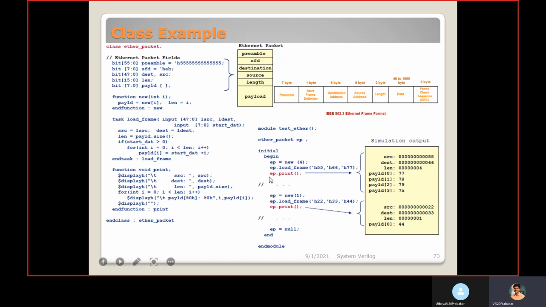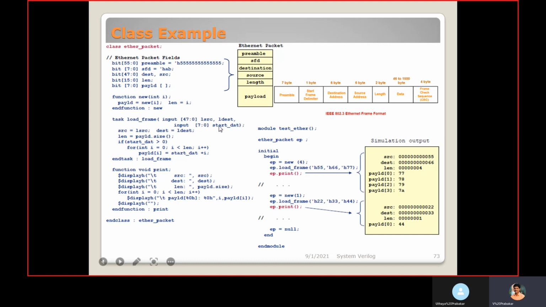Then EP.print. EP is the handle name, dot print. I am calling this print function. So when I call this, automatically this display will display the corresponding values. Source is nothing but 55. Source we are passing here is assigned to l_src. It is assigned to these variables, so here I am printing src. The value is 55 and destination is 66.